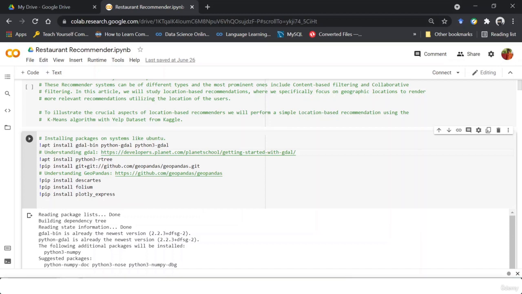So GDAL is a library of tools used for manipulating geospatial data, basically geographical data. It also comes with a variety of useful commands and utilities for data translation and processing. Even if this is not something that you're able to understand, just go through the link. It gives you a basic description of what GDAL does, what it has, and some code implementations of basic functions.